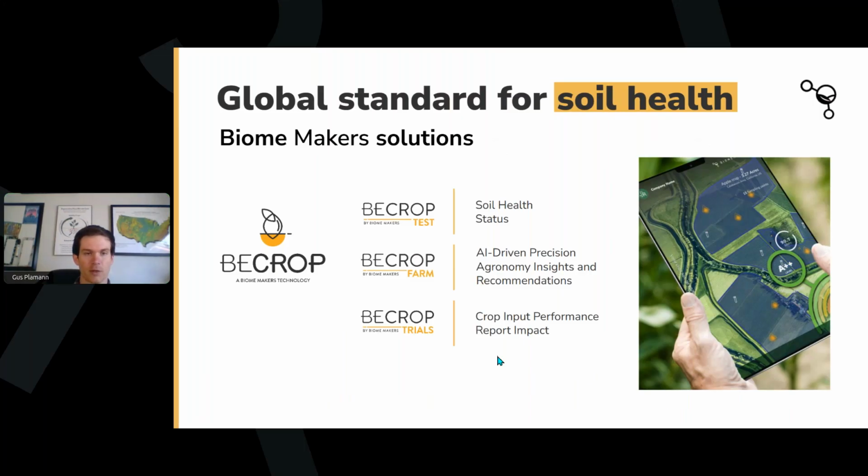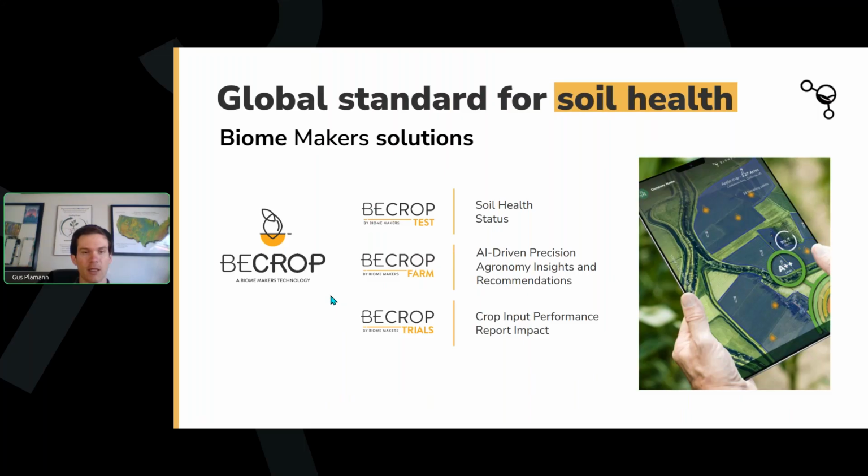So now just an overview of the specific solutions that Biomakers offers. This includes BeCrop Test, which is just a standalone single soil sample assessment of soil biology. Then BeCrop Farm, which we'll touch on a little bit more in a minute with our case studies. This is essentially soil biology data provided on a precision ag level with agronomy insights and recommendations, as well as a mapping program to look at how soil biology and microbial populations vary across the farm at the field level